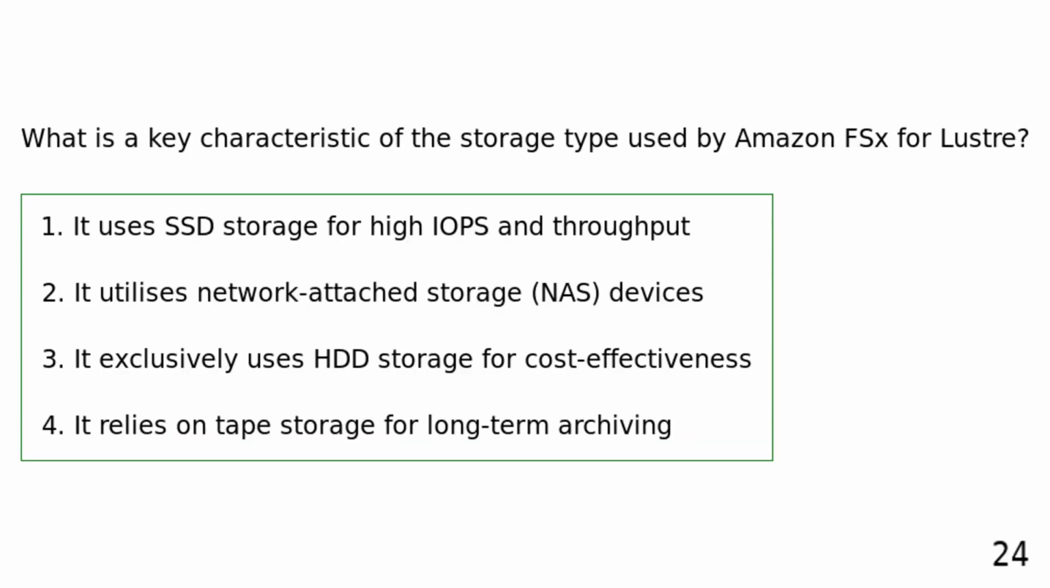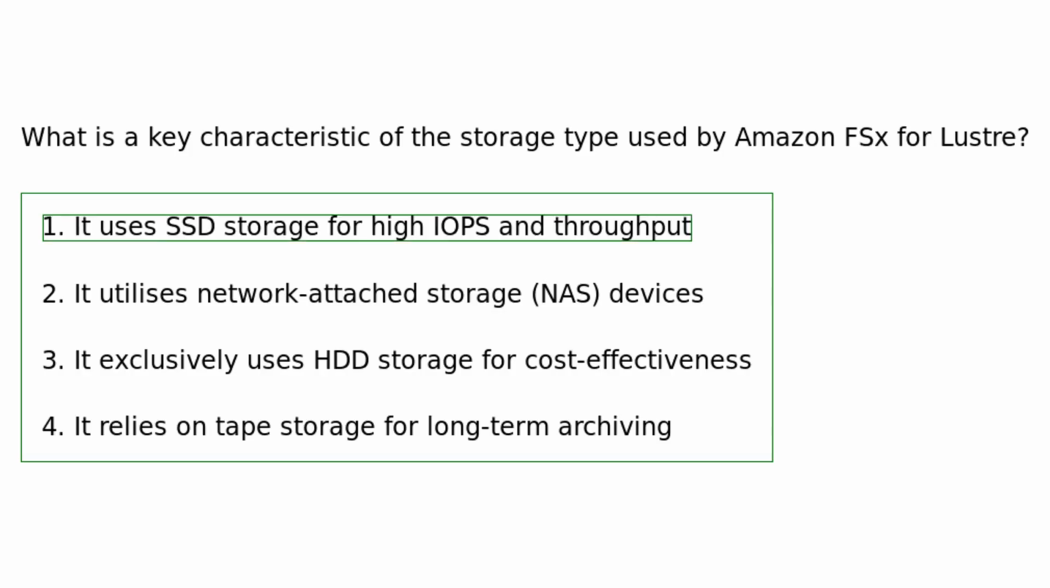What is a key characteristic of the storage type used by Amazon FSx for Lustre? It uses SSD storage for high IOPS and throughput. It utilizes network-attached storage devices. It exclusively uses HDD storage for cost-effectiveness. It relies on tape storage for long-term archiving. Amazon FSx for Lustre uses SSD storage to deliver high levels of IOPS and throughput, which is crucial for HPC